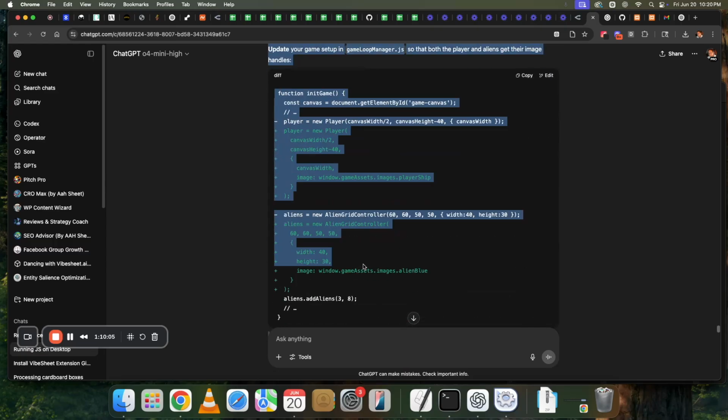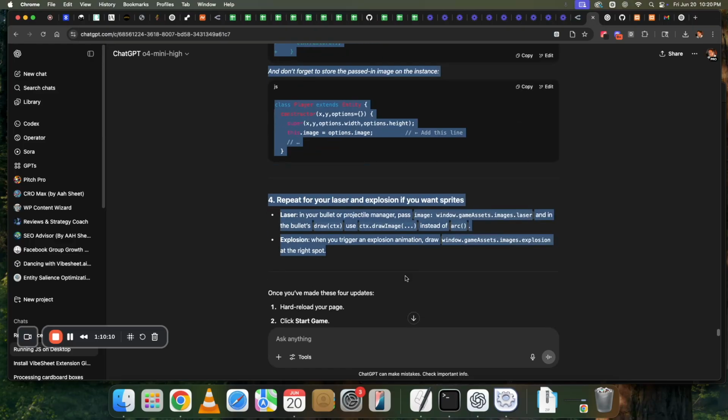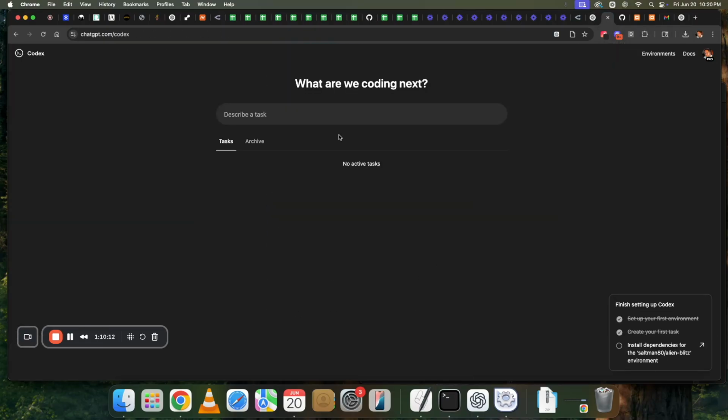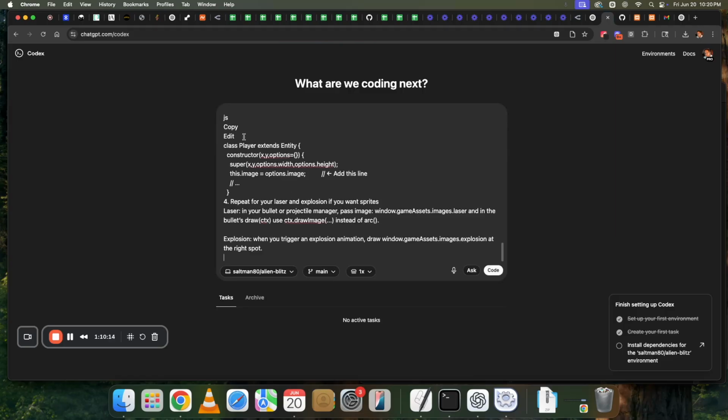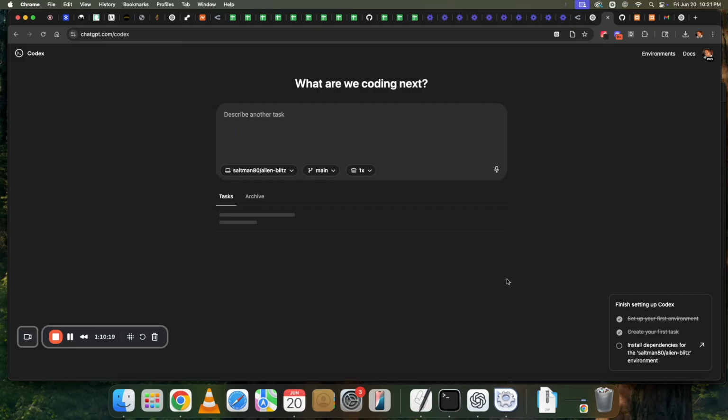So we're just going to take all of this and we're going to give it to Codex. And we'll get it working. I'm not going to worry about deleting that stuff. I'm just going to send it. It'll be fine. I don't think it'll be too much longer. Yeah, so we're about an hour in right now to getting all this working. I think we're in good shape here. So we'll get this up and running here soon, and we'll have our little video game